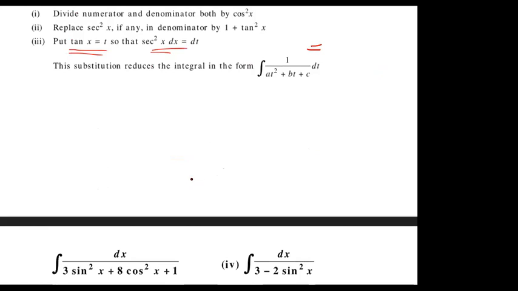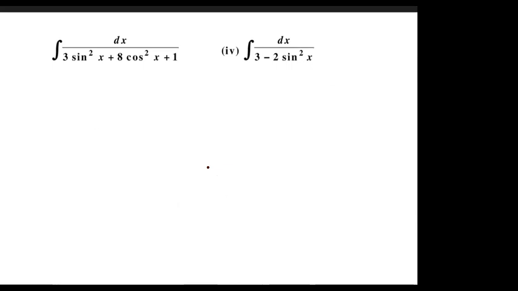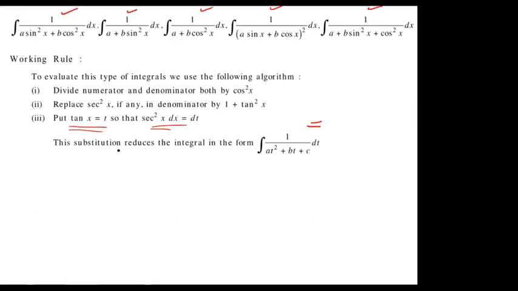See, what did we do here? We have divided both sides by cos square x, or you can say we have multiplied both sides by sec square x, right? So we can write this down as sec square x, and then cos square x into sec square x will be nothing but 1, right? And sin square x into sec square x will be tan square x. So I can write it down as 3 tan square x plus 8 plus sec square x. This step also said that wherever you have a sec square x, convert that into the form of tan, right? That is in this step.